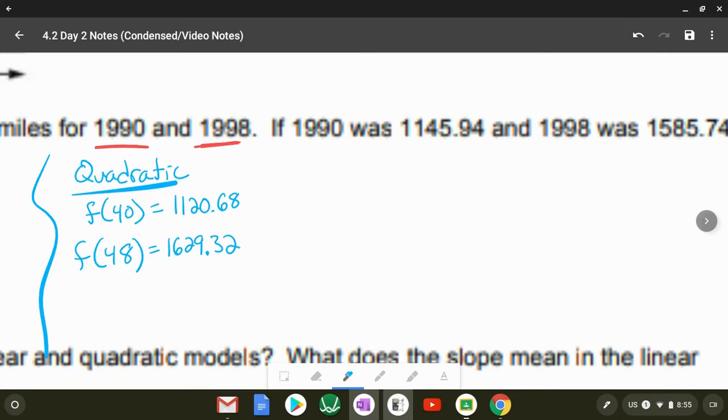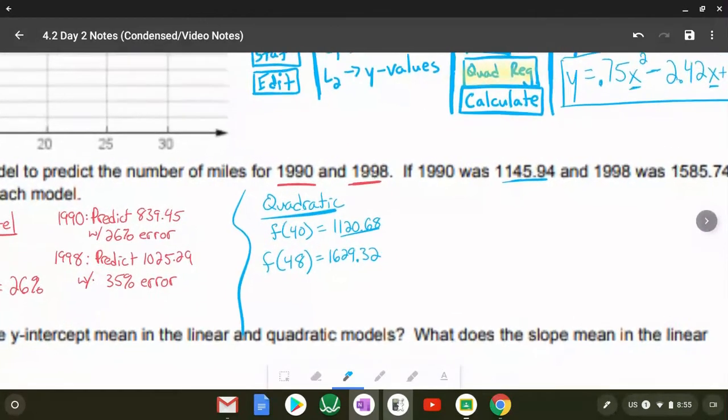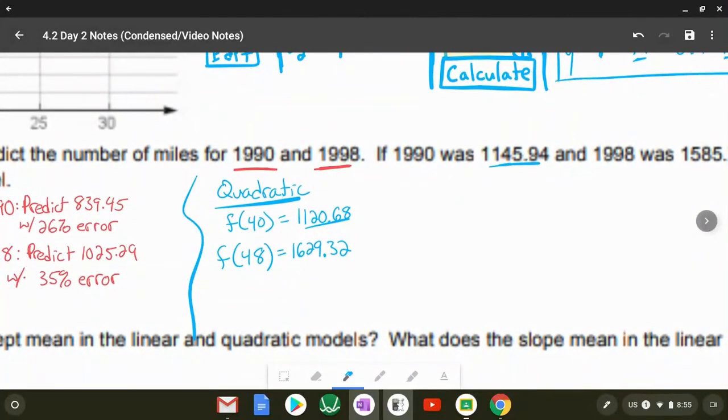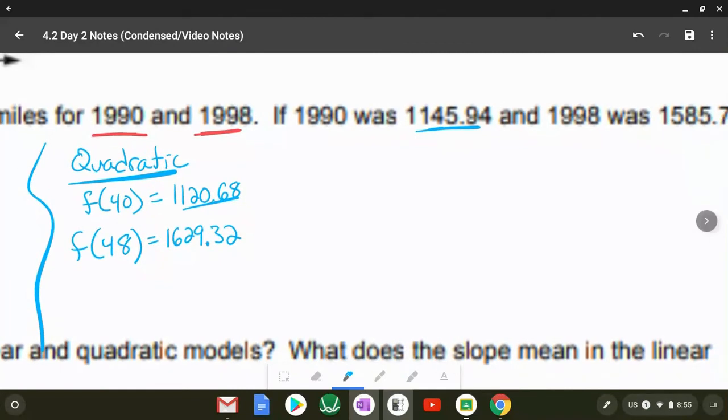Now again, when we go through this to find the percentage error, we can already tell that in 1990, our prediction's a lot closer than it was for our linear model, right? If we had 839 as a prediction and it actually ended up being 1145, we were off by 26%. We can already tell, because our prediction's a lot closer to the actual result, that this should be a way lower percentage error. So if we go ahead and use this formula, actual minus estimate divided by the actual,